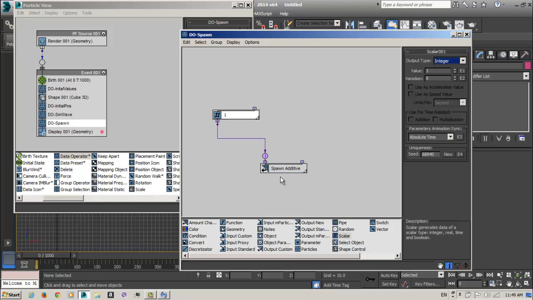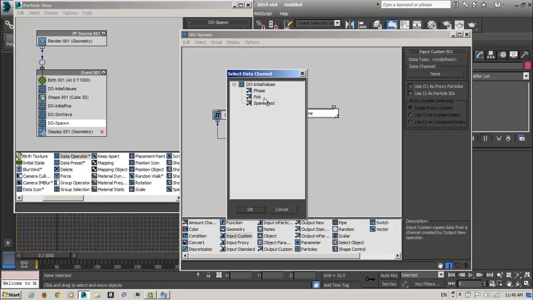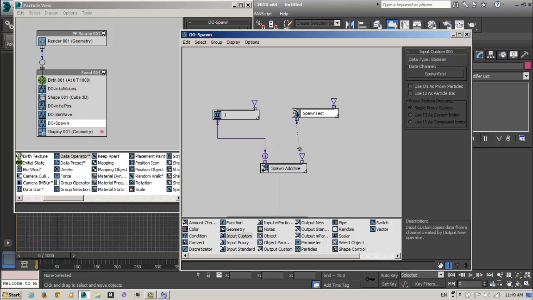So spawn particle, just in case that input custom, just in case that our spawn test is true. So easy.